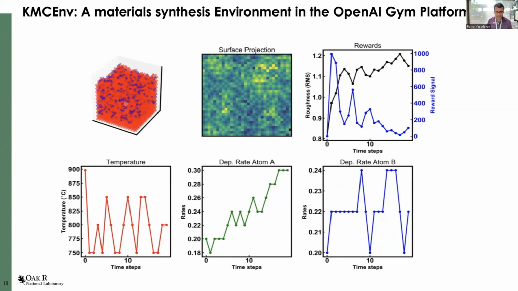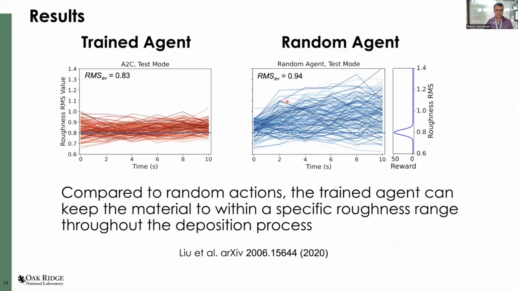So these are the actions that one can take. And what we are trying to do is minimize or keep the surface roughness within a particular target value. If we use this actor-critic algorithm and train the system to minimize or keep the roughness within this blue line, or within a good distribution of this blue line, you can see that, over time,